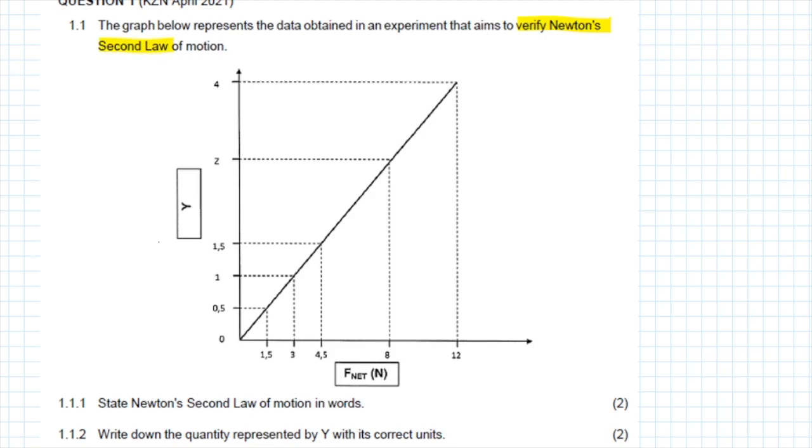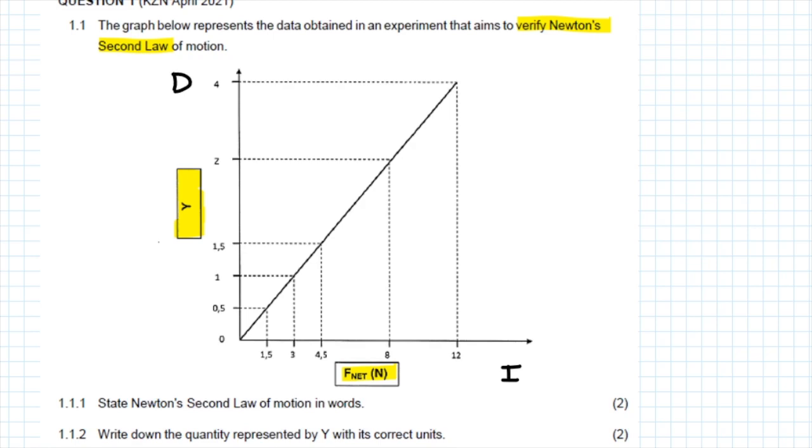Now we have a graph, and you may notice that on the x-axis we have the net force, while on the y-axis we have y. So we actually don't know what is being plotted on the y-axis, but we know it's on the y-axis. And if you remember correctly, we always plot our independent variable on the x-axis and the dependent variable